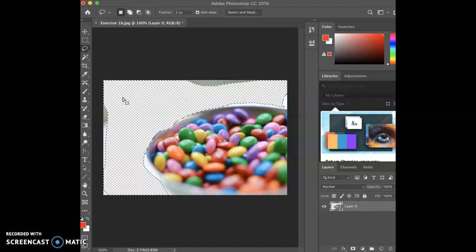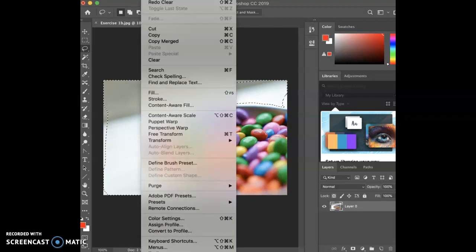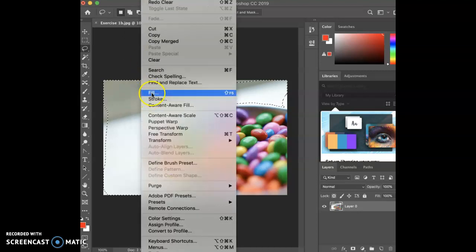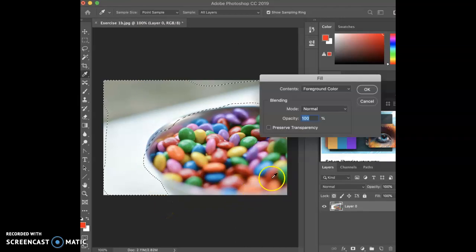This is the functions that we want to perform for this exercise. So I just deleted the background. Another thing that you can do is you can go to Edit, Fill. So it'll automatically delete what you have, or it will fill it with the foreground, which is here,